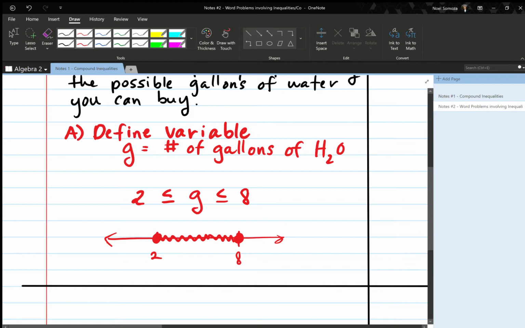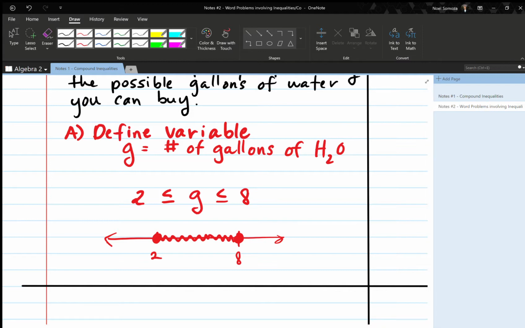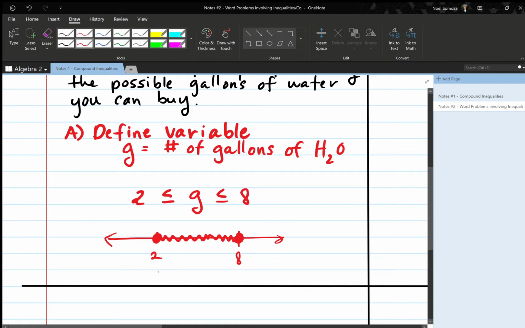Okay, what's my interval going to look like? Let's practice. Bracket 2, comma 8 bracket. Okay. I feel like you guys are good on this bracket stuff when it's an and problem and it's shaded